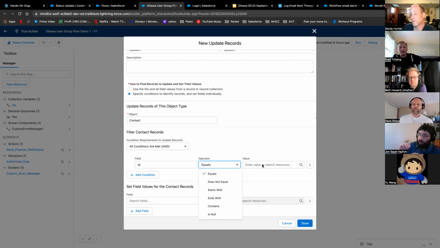I apologize if someone's already said this, but in Apex, when you do a SOQL query, there's the IN function, and then you can pass in a list of IDs to that. And that's typically how you get a large list of records in Apex. I'm just presuming, because all these people